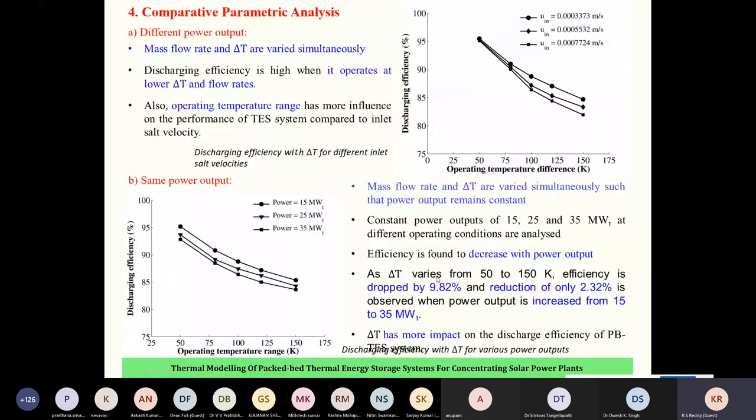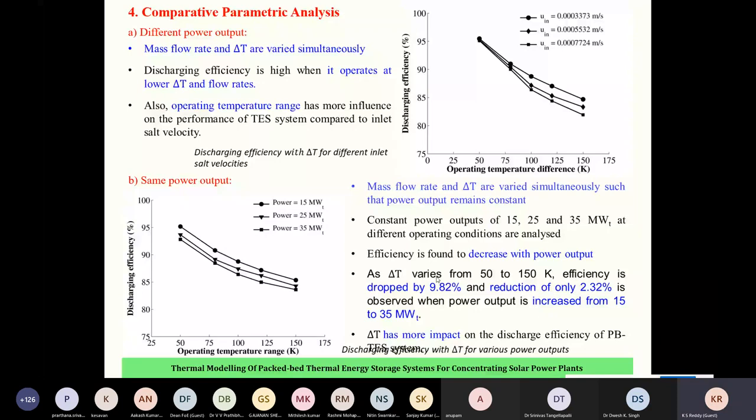And because these are very deep analyses, I don't know how many of you can really understand, but why I'm giving this is, if you give glimpses, those who are interested in more information on this can go to our papers and check them, and if you still have doubts, you can contact me later by email, no problem. And how this discharge efficiency is dependent on the velocities and also power outputs.